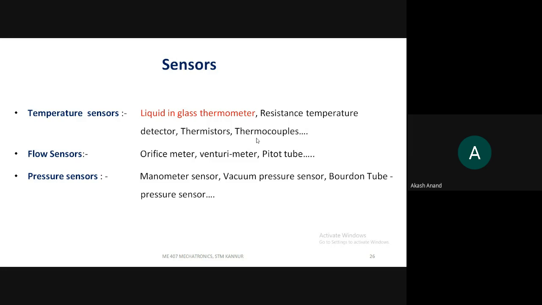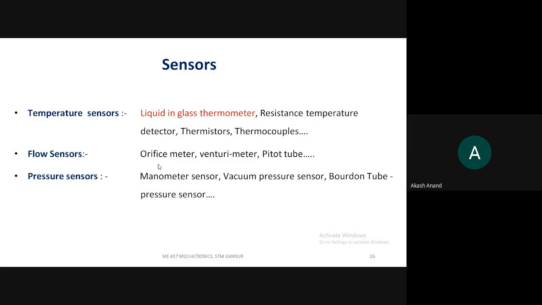And similarly, a venturi meter was also part of your fluid mechanics subject. And also the pitot tube, I think it is also included in the fluid mechanics subject. So even though I will discuss it in our class itself, I was mentioning you are already familiar with these devices. I think you have already done some experiments in your laboratory on the orifice meter, venturi meter, pitot tube, etc. So these sensors are used to what?